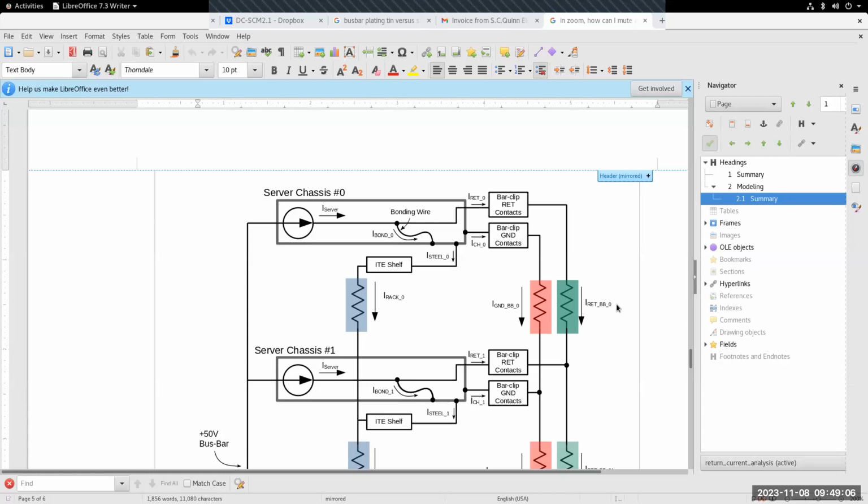One of the things we're looking at is if we just use isolated conversion in each ITE, then all the current goes back on the return bus bar. There's no current flowing in the chassis or the chassis ground bus bars on the bus bar assembly, and it feels nice in that way.